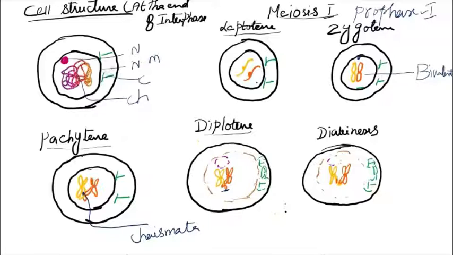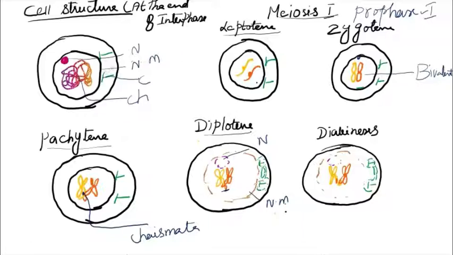Here there will be the disappearance of the nuclear membrane as well as the nucleolus. Again, the centrioles are giving rise to the asters, and they are connected with the spindle fibers. These spindle fibers are pushing the centrioles towards the poles of the cell. Next, to move on to the diakinesis.